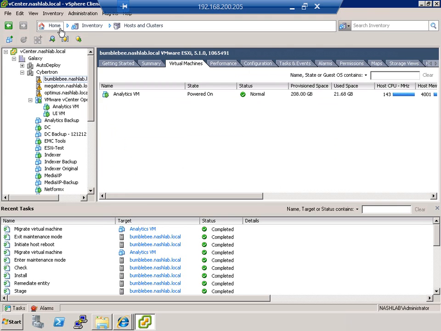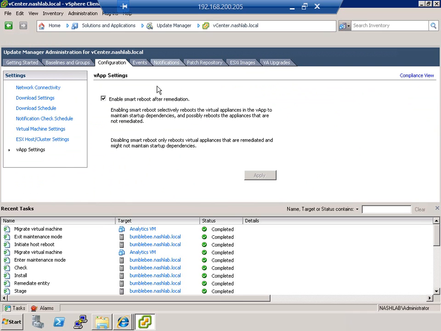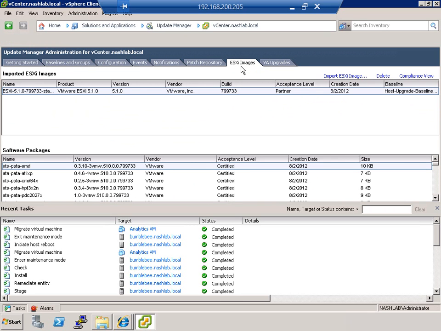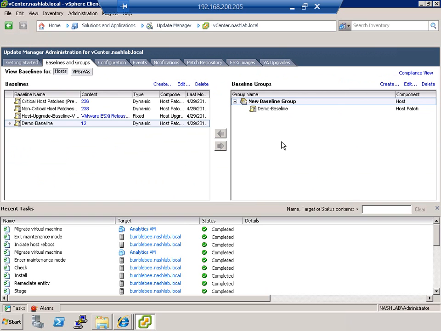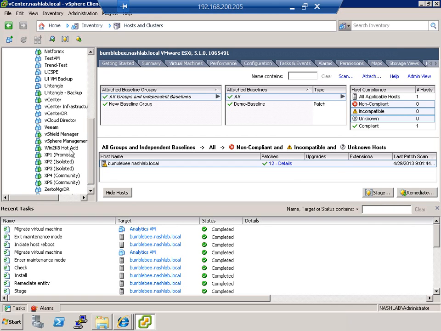So that's Update Manager. That is how to install, how to configure, what your options are. Remember Smart Reboot, how to add your ESXi images, how to create a baseline and then baseline groups. We talked about going to compliance view. We attach the baselines or groups to a cluster or a host. We scan to see what needs to be applied. We stage the patches, and then we remediate the host or cluster. So now let's go ahead and jump over to